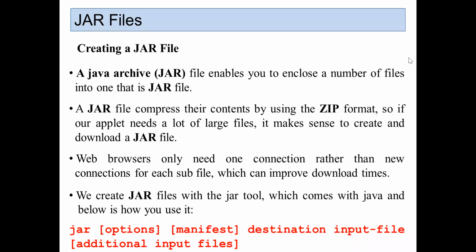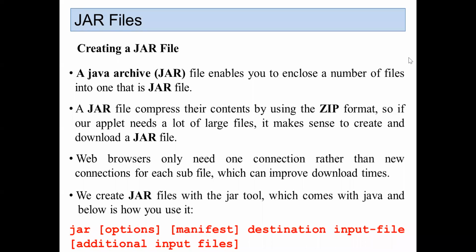So when you create a jar file with the jar tool, which comes with Java, we can see how to create a jar file by using the Java syntax, that is jar options. The square brackets mean optional.